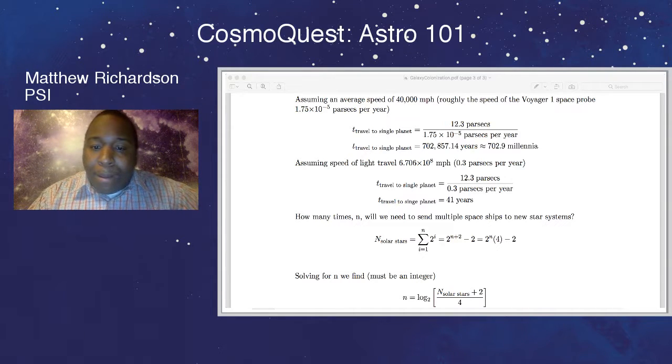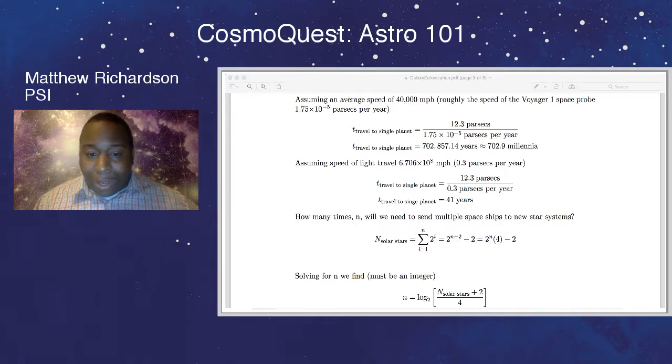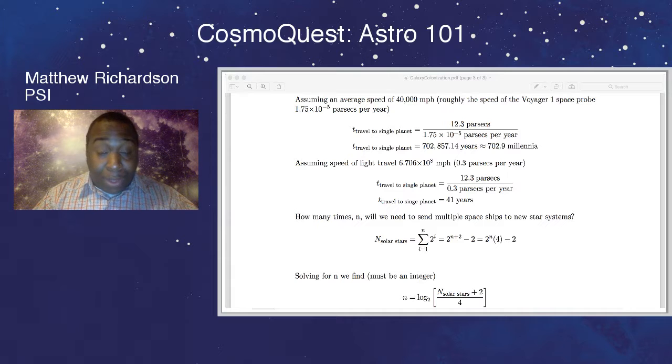Of course, that sum, me personally, I couldn't remember how to reduce it. I ended up looking it up online, and basically it's 2 to the n plus 1 minus 2 in this case. It would be minus 1 if you include the n equals 0, but we have to get rid of that term. So, breaking that down, we basically get 2 to the n power times 2, minus 2. And solving for n,